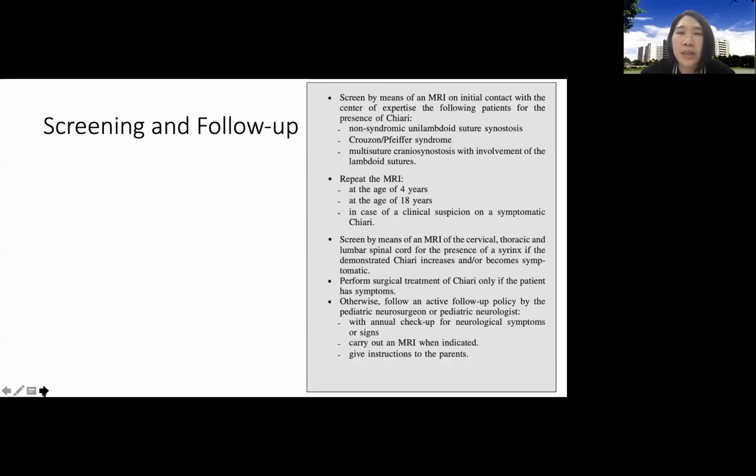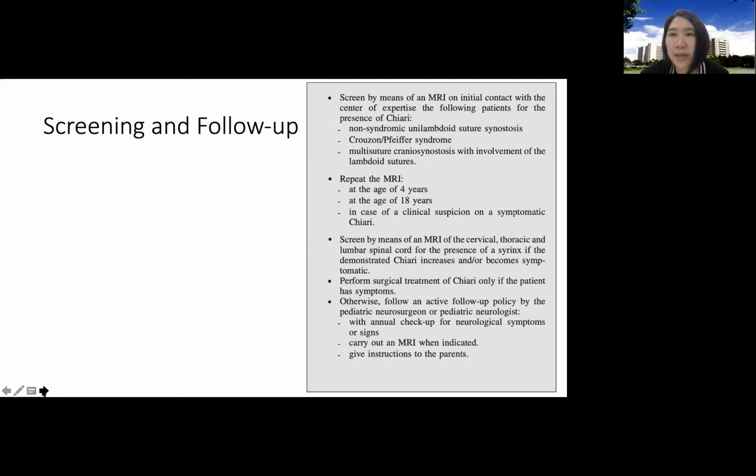So they have a recommendation for screening and follow-up. For a single suture, you should do an MRI for unilambdoid suture synostosis before the surgery, or multi-suture synostosis with involvement of the lambdoid suture, and also Crouzon and Pfeiffer. You should repeat the MRI at the age of 4 years old and also at the age of 18 years old, because they found that